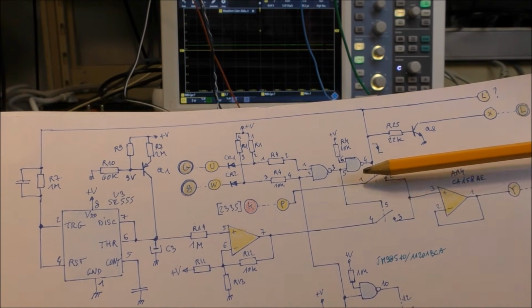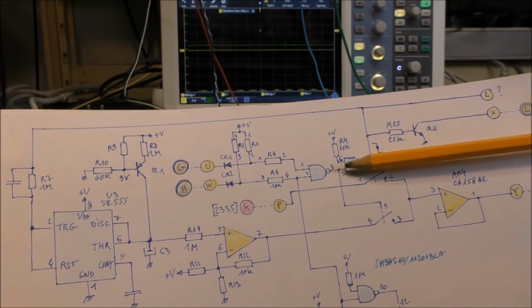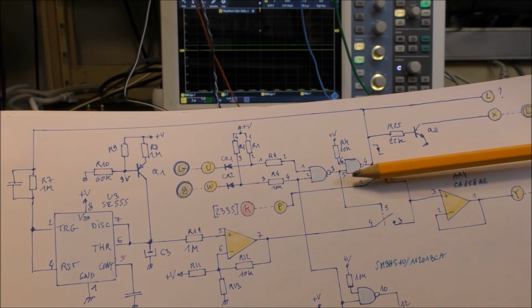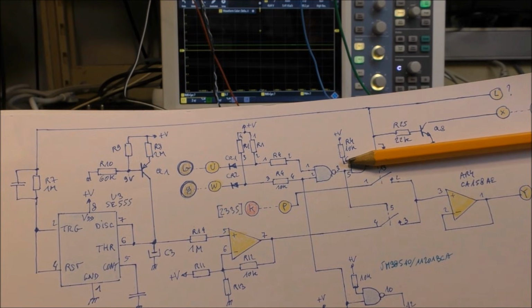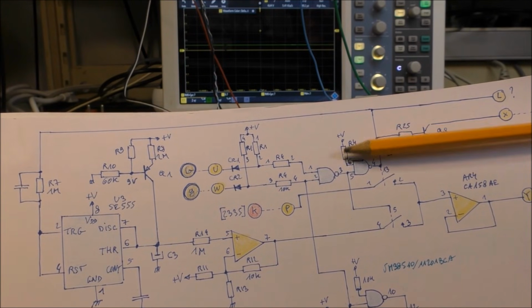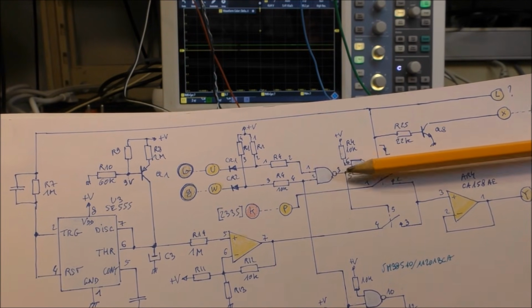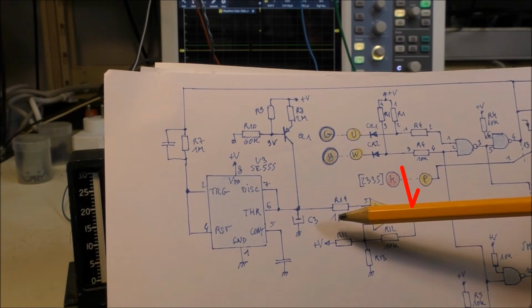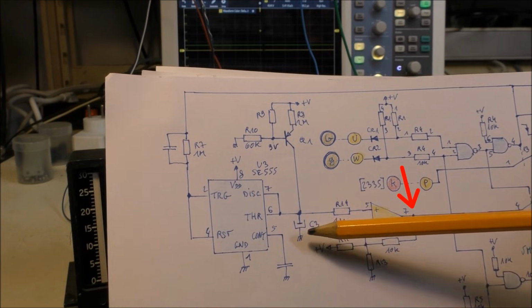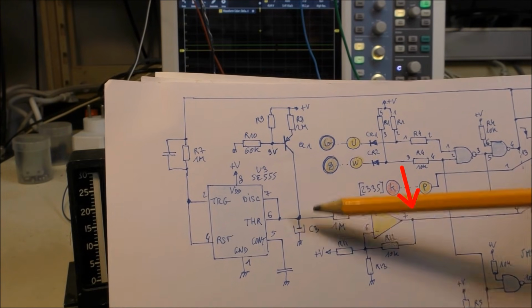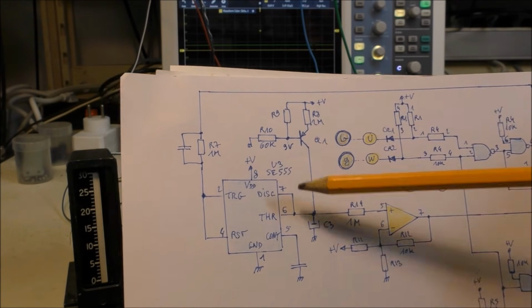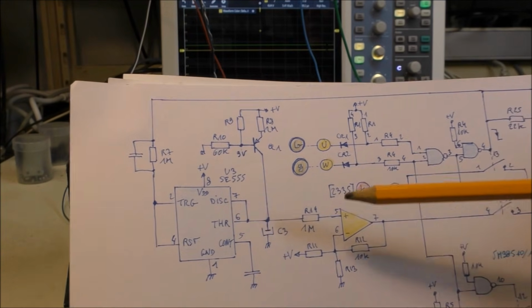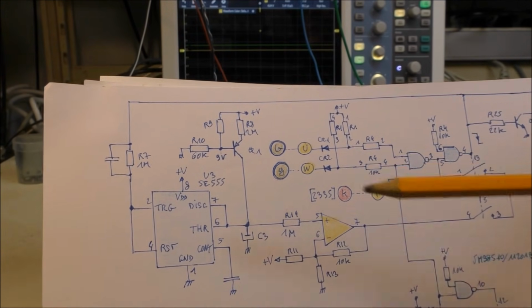When you have something like that, especially using CMOS logic, it is better to connect one input to the power supply and not connect the inputs together. If you connect them together, you can have a glitch at the output. This output corresponds to a ramp which is given by this capacitor and this current source. There is a 555 which permits to activate the sequence.